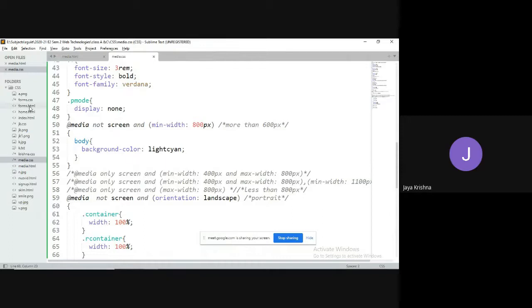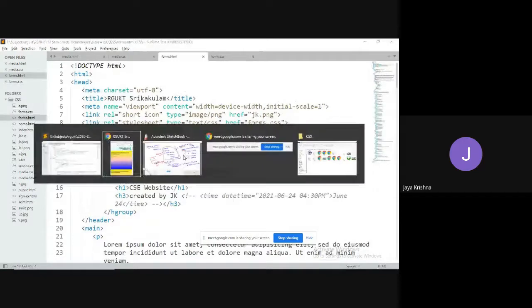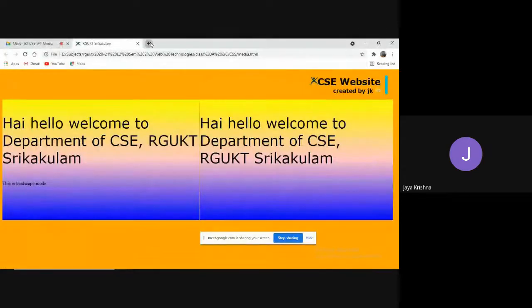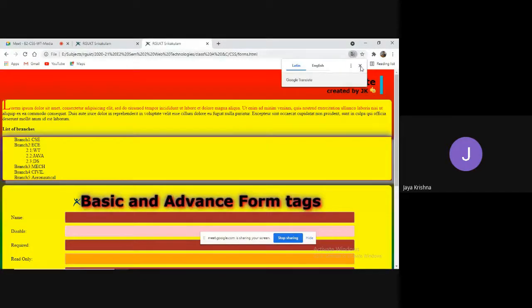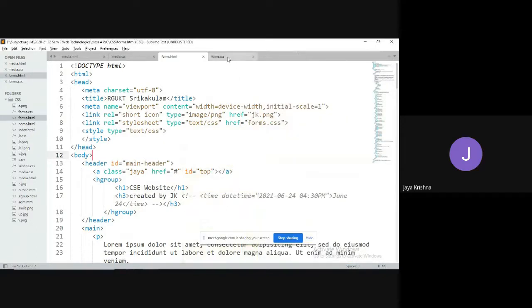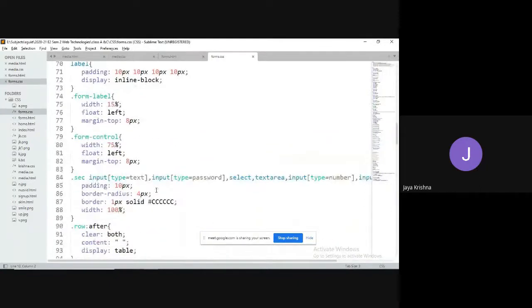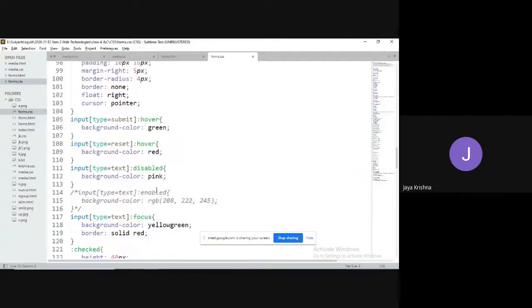Like in the previous class, what I did is I have taken this forms.html. Here I have opened this forms.html, right? Yeah, fine. Now, if I minimize this browser, observe what is happening here. They are strictly fixed here only. Instead of this, I would like to change some styling here. At the time, what I can do is go and access those elements.